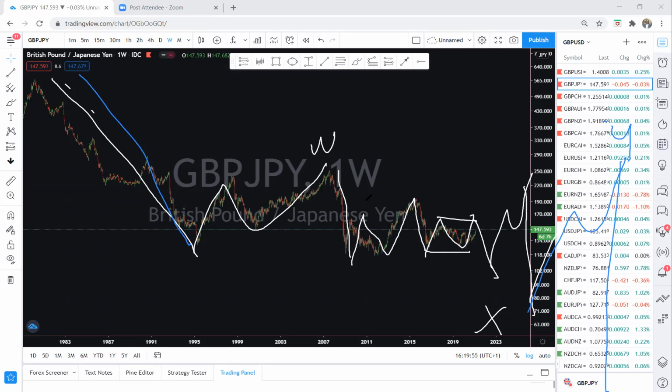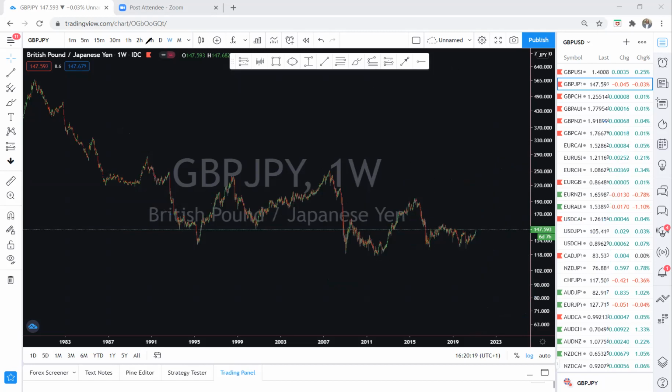This is A, B, and C. This is W, and this is big A, big B, and then we have a beautiful C to the downside. But at the moment, this corrective structure in the middle is not over yet on the weekly time frame. Now, taking this pair to the daily,